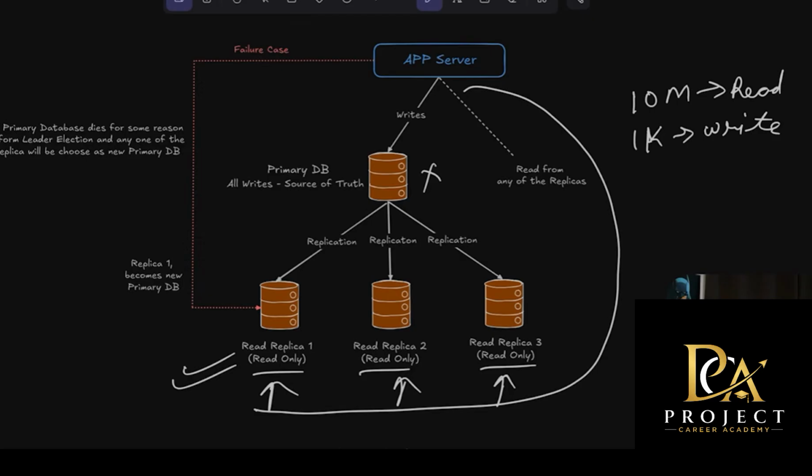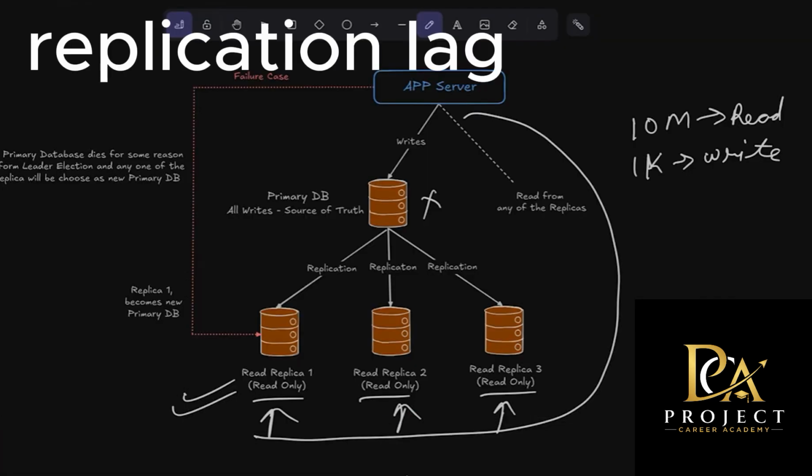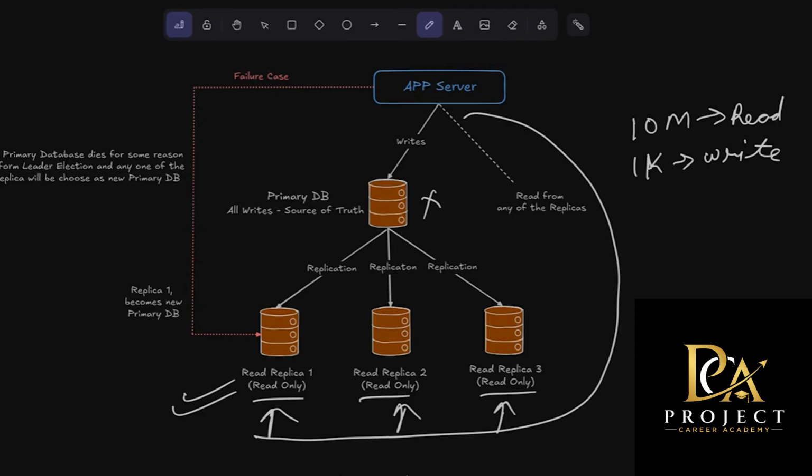Also note that this replication is not instantaneous. Whenever data is written to the primary database, the replicas will receive that update shortly afterwards. This little delay is called replication lag. So for example, if a user updates their profile and the write succeeds on the primary database, immediately afterward, if